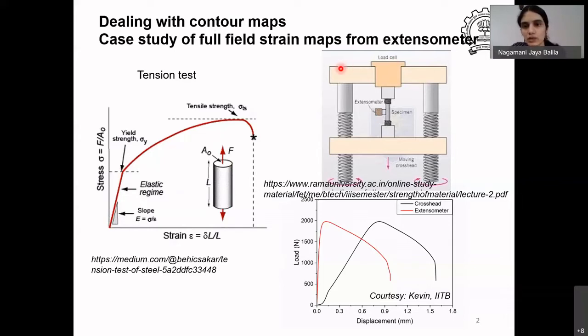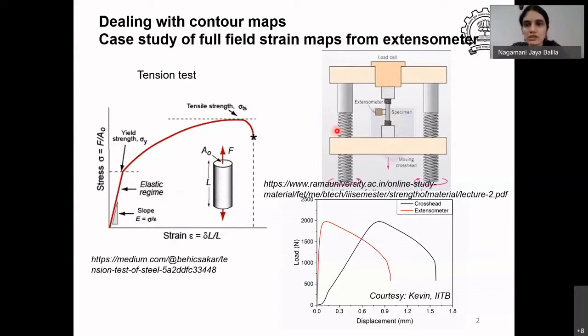So this is the overall machine where you have these what are called crossheads, which are the grip section plus the machine itself which moves, and the specimen itself is a small part which is in series with the crosshead. So the specimen is deforming by the loads that are applied, or the displacement that is applied slightly away from it. So there is a sum total of the specimen displacement as well as the machine displacement that is always occurring.